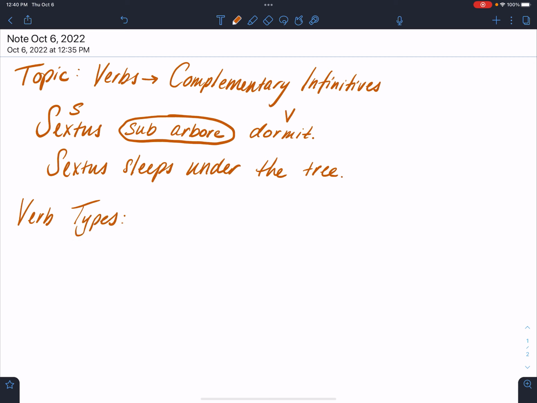Okay, the first verb type that we're going to talk about is your regular old linking verb. All right, if we were to put a definition to that, what exactly is a linking verb? Describe it to me in somewhat grammatical terms. Monty, what do you think? A verb that links two subjects together. Okay, so it's a verb of being that links